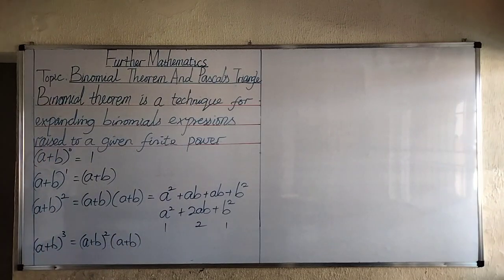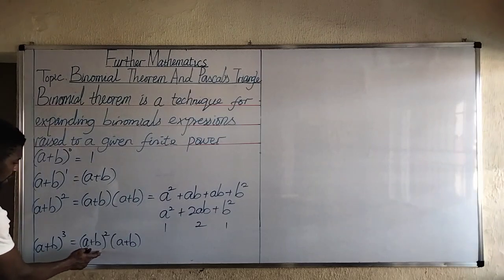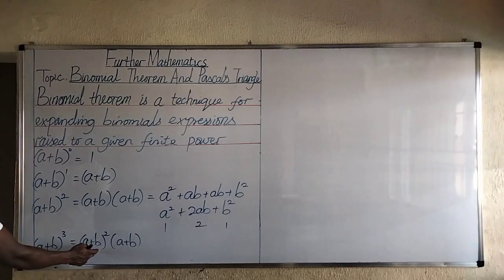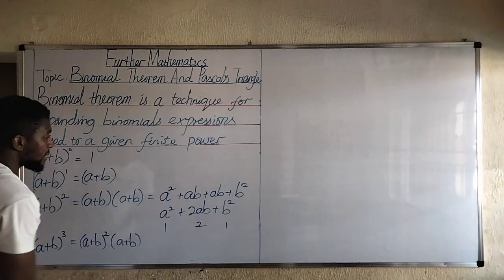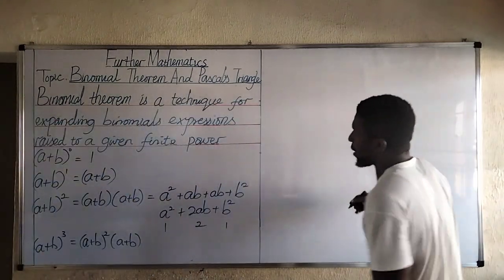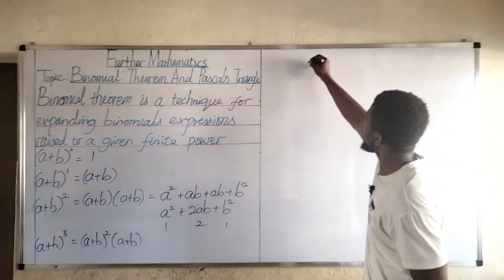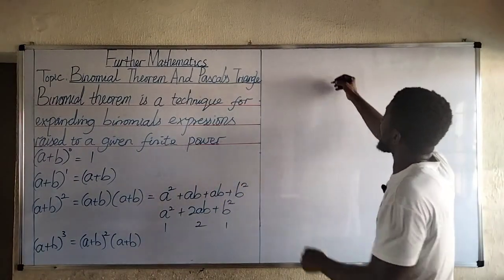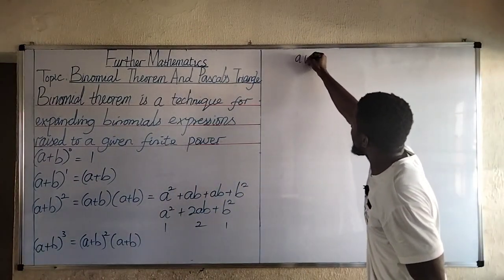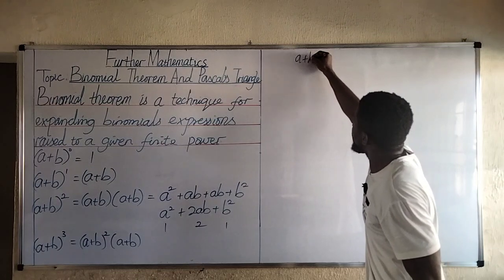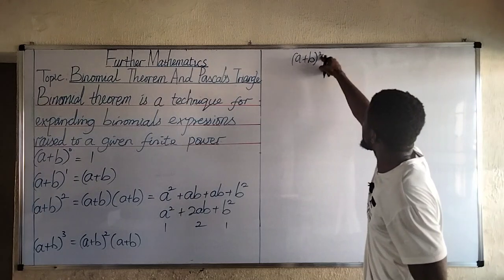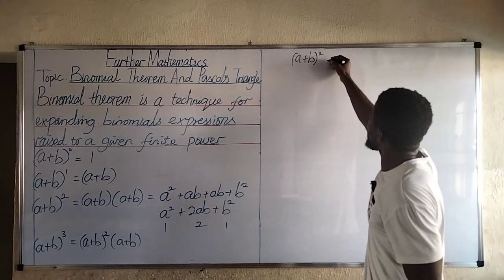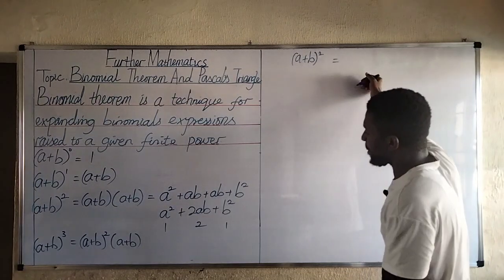When this happens, a plus b all raised to power 2, we have already done it, and this is our answer. So this appears in this order. A plus b raised to the power 2 will be a plus b all raised to power 2. Okay? We have the answer to be